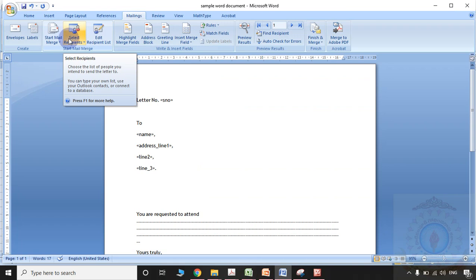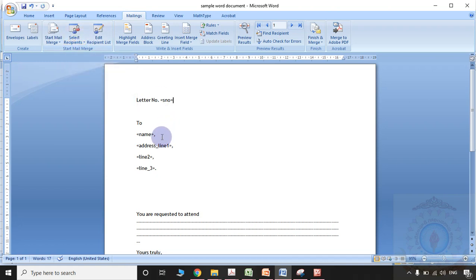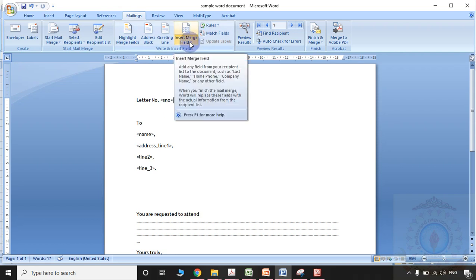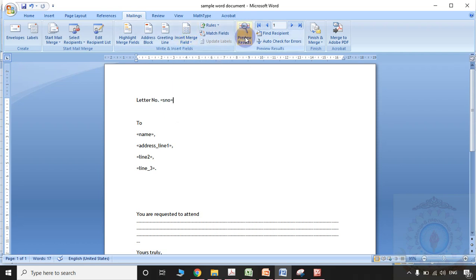Then by using this particular option, select recipients, you need to select the particular Excel sheet. Then in respective places as per your wish, you need to insert merge fields. Then use the preview results option.